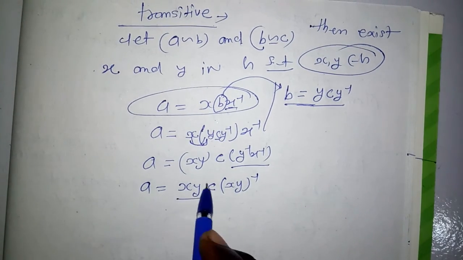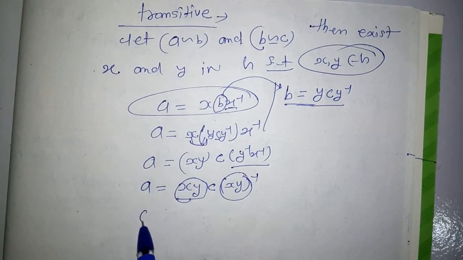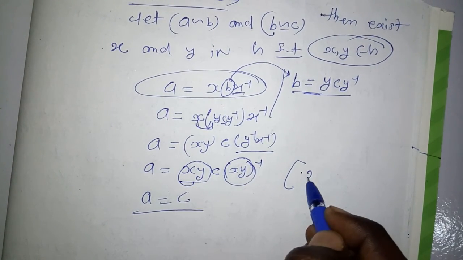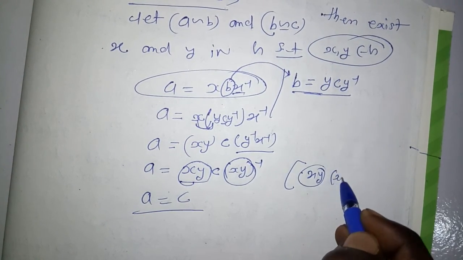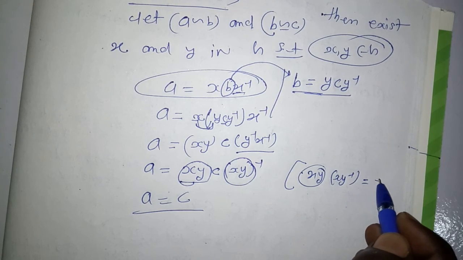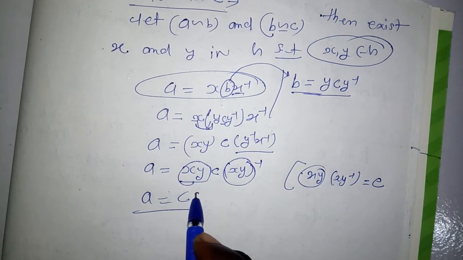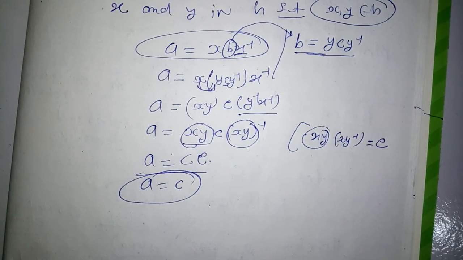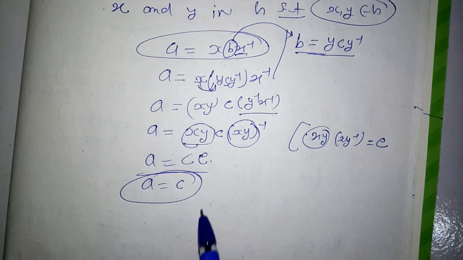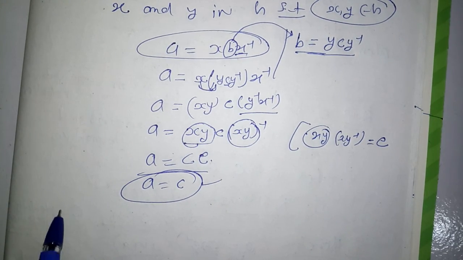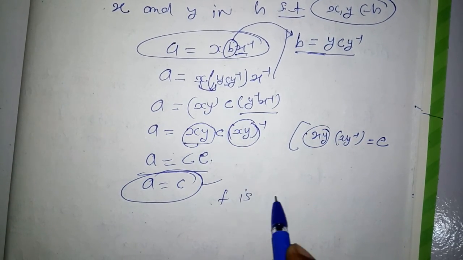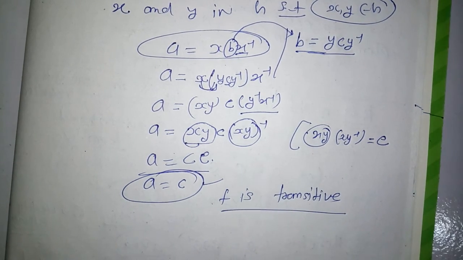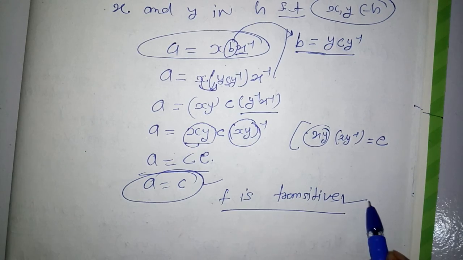Okay, students, now xy and xy inverse, a is equal to c, because xy and xy inverse is equal to e, students. Now e and a equals c. Okay, this is proving that this F is transitive. F is transitive, and now as F is transitive, F